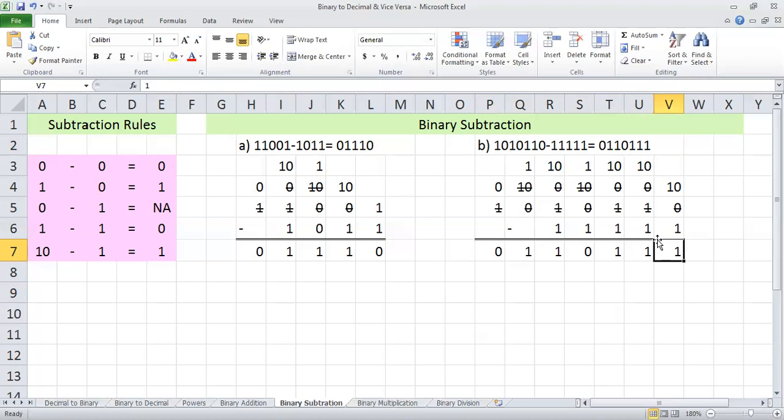Right? So binary subtraction is a little difficult because you have to take the borrows and you have to check whether the next number is able to give a borrow or not. If it is not able to give a borrow, then you have to take it from the next to next number. And the situation will keep on going like this. So you have to take care of each and every number while doing binary subtraction.